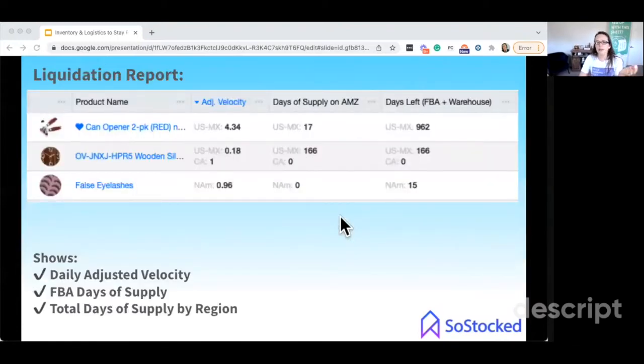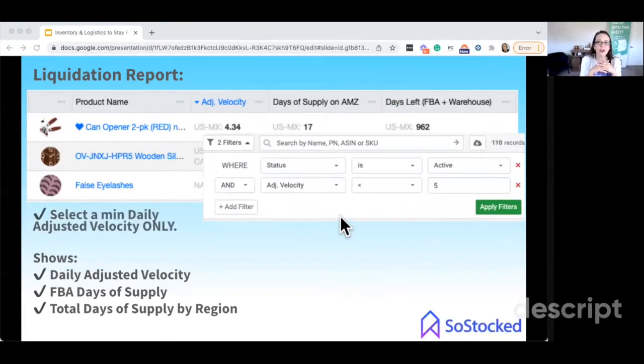And so your liquidation report, these are products you don't plan to restock. You either want to sell through them or you want to remove them from FBA. And I don't advise pulling them from FBA if you can sell through them, because if you can sell through them, then they become valuable to you, even if they're not very valuable in terms of long-term products. And what I mean by that is you're going to want to have this report used to devise a plan to move this inventory out. The marketing team needs to look at this and say, okay, anything under 5 units a day, that's liquidation territory for my business. It doesn't mean you're going to necessarily use a liquidation company or use Amazon's liquidation service, but